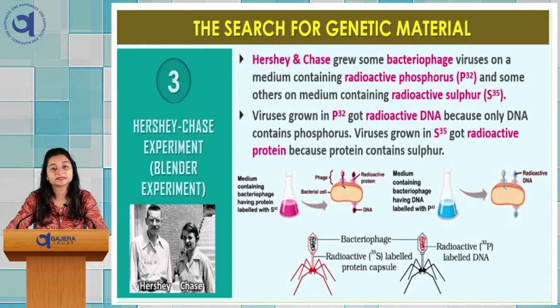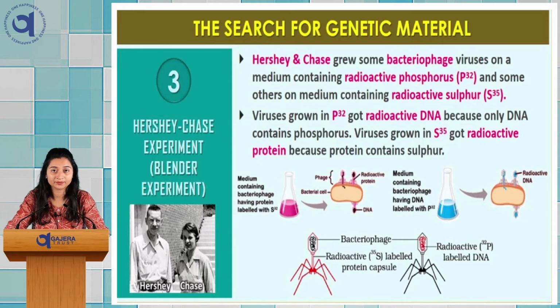The third experiment was performed by two scientists, Hershey and Chase. It's the most popular experiment, where they tried to grow some bacteriophage virus. Now, as you must know, bacteriophage is responsible for causing disorder to bacteria. In this virus, what they tried to do was grow it in a medium that contained radioactive phosphorus in one case, and in another medium, they fed them with